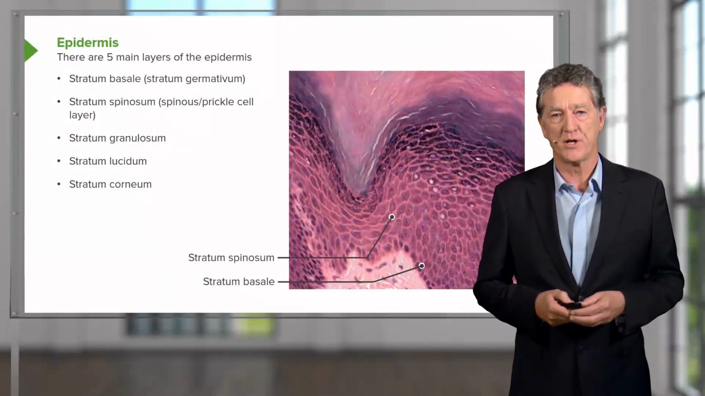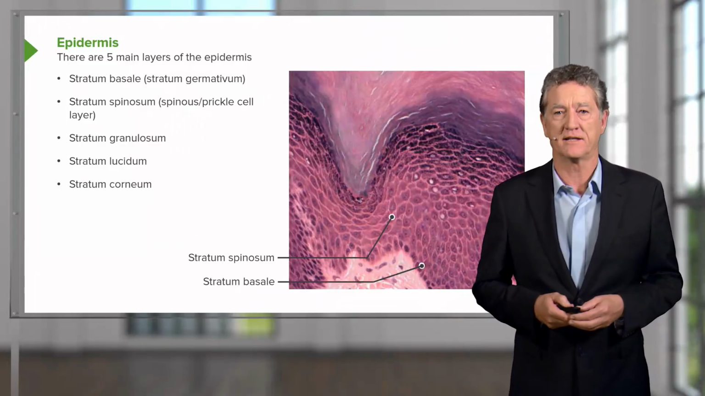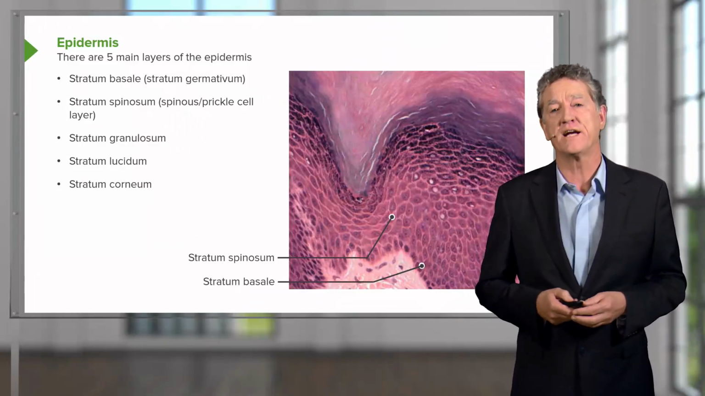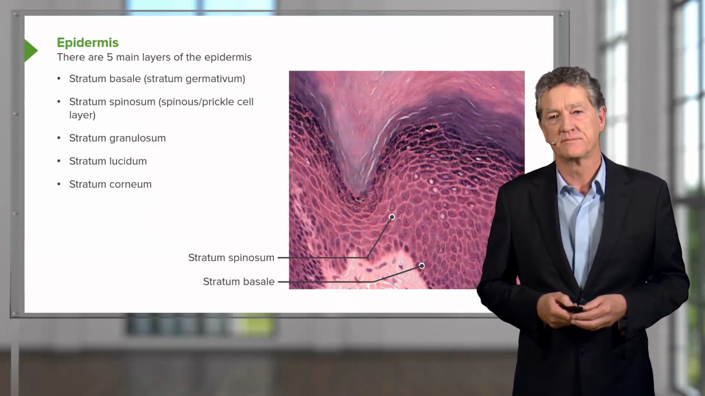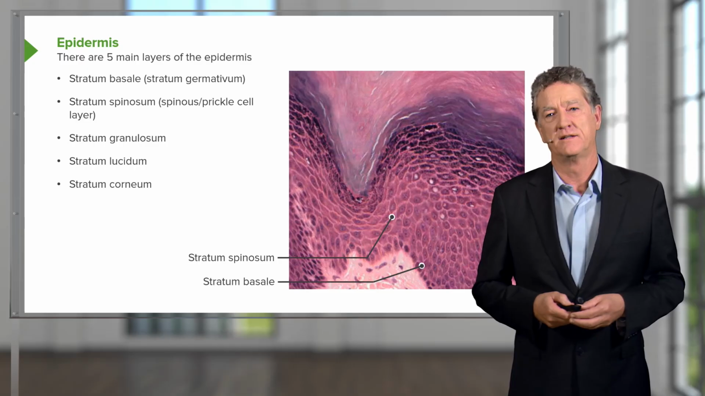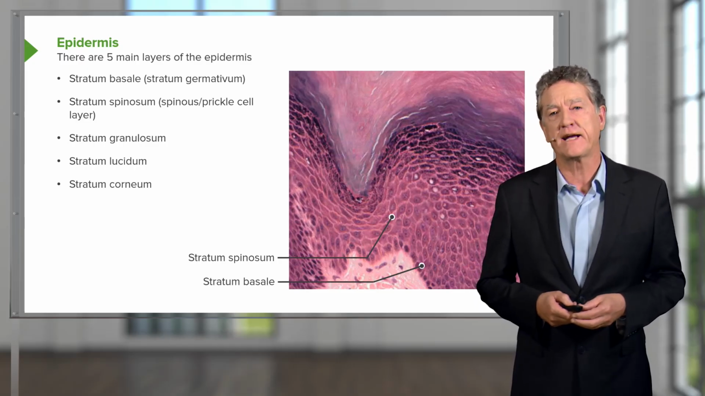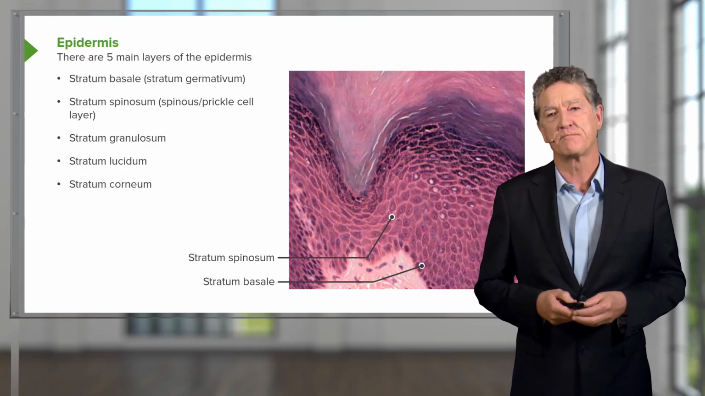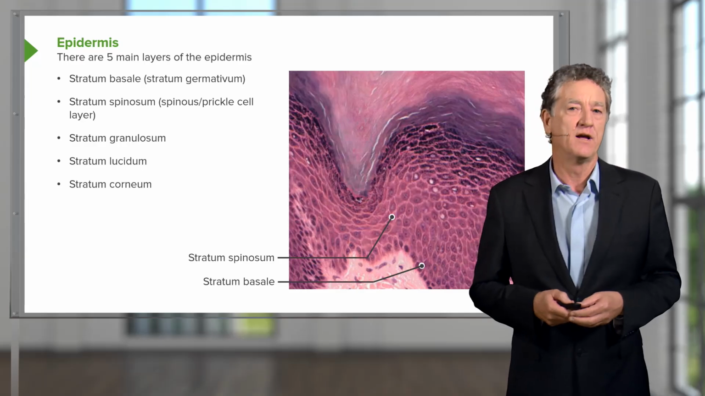The stratum spinosum is a thicker layer. It consists of several layers of cells. It's often called the prickle cell layer or the spinous cell layer. And that's because if you look very, very carefully in this section, better still if you had the opportunity to